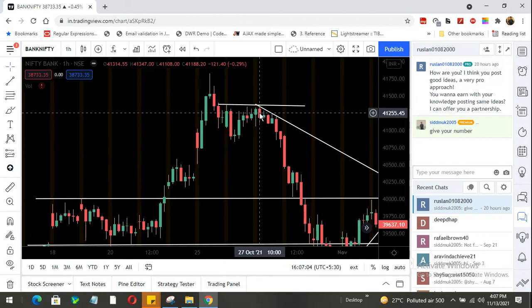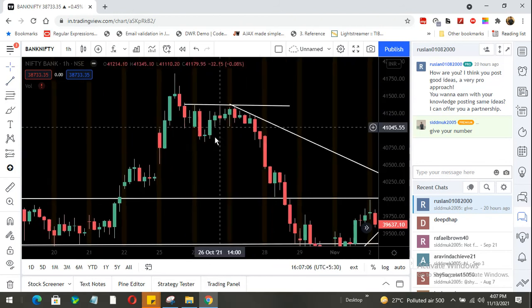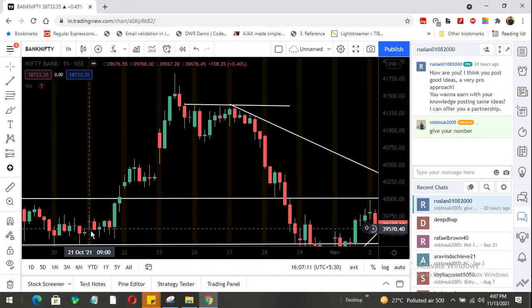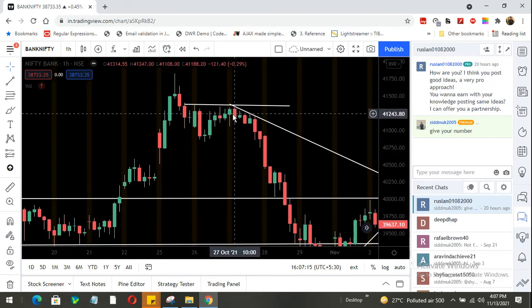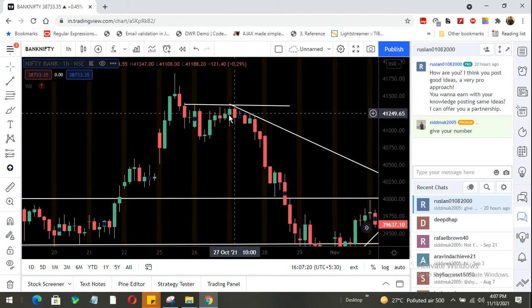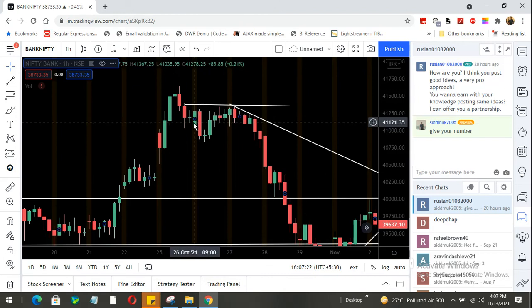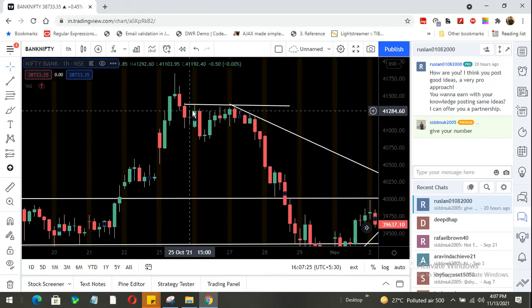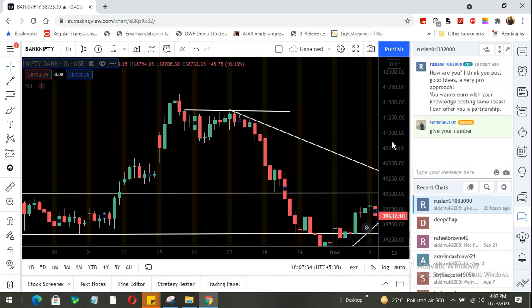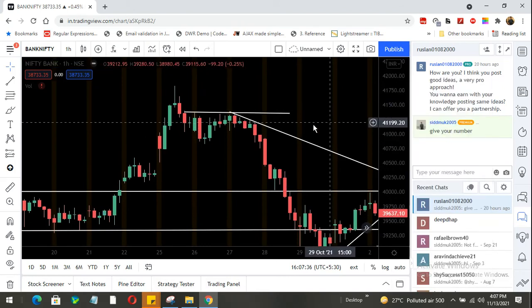Again, you see that this is also a bearish engulfing pattern. So the bearish engulfing pattern comes mostly when the stock's previous trend was upside. You see the bearish engulfing pattern here and here, and it engulfed the previous candle. This one also engulfed the previous candle. You avoid the wicks. Okay. So with this engulfing pattern, you see that after that a downfall is happening. So this is the Bank Nifty example.